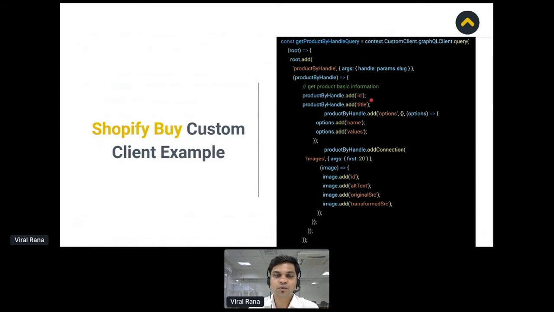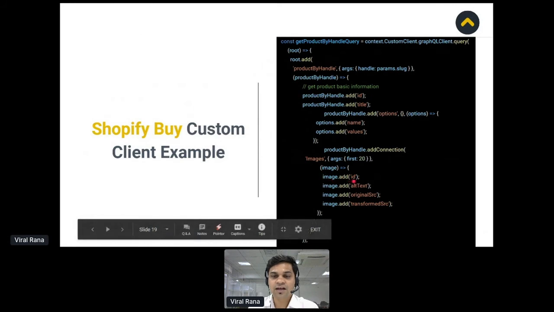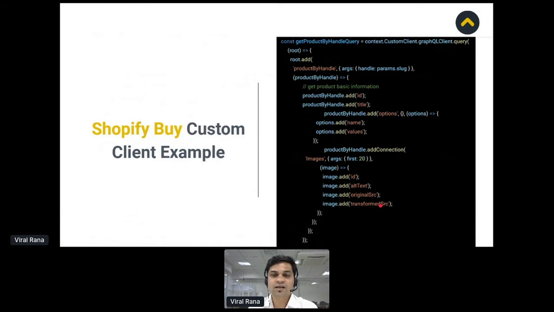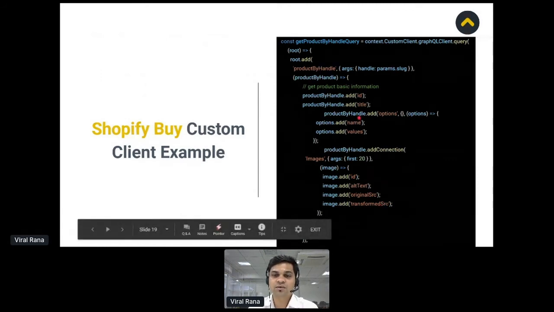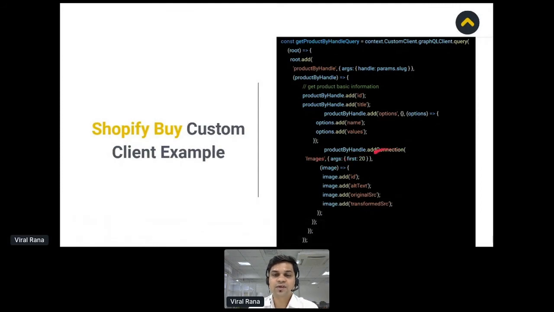And if some property contains an object, for example images, here in the figure you can see that images consist of id, alt text, origin source, and transformed src. This property cannot be directly accessed by the add method. For that we have to use the addConnection method, and as an argument we have to pass how much data you need to retrieve.